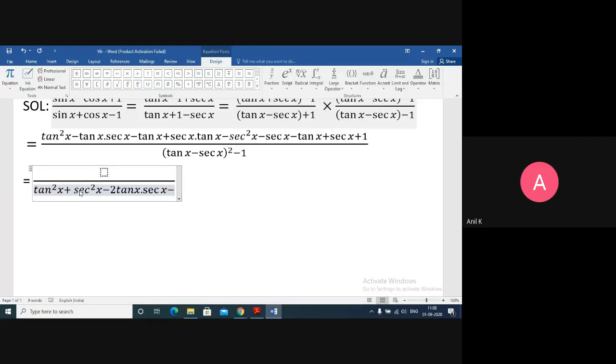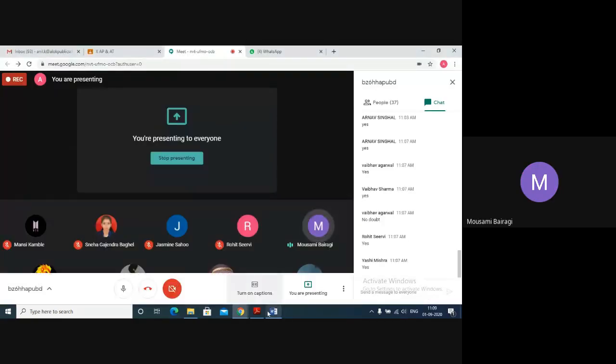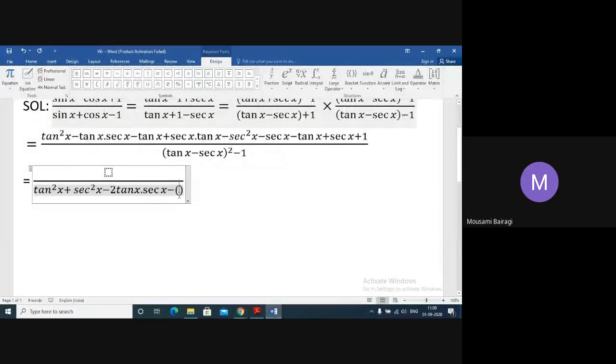So minus 1, what you can do is, in place of 1, what is our formula? Trigonometric identities, we discussed 3 identities. So what is the identity which involves tan and sec terms? Anyone remember? First identity is sine square plus cos square is 1. Next identity is, anyone remember the third? 1 plus tan square theta equals sec square theta. Or I can write it as sec square theta minus tan square theta equals 1.